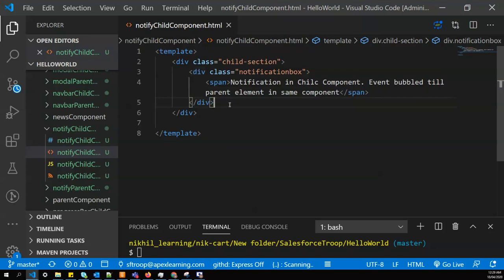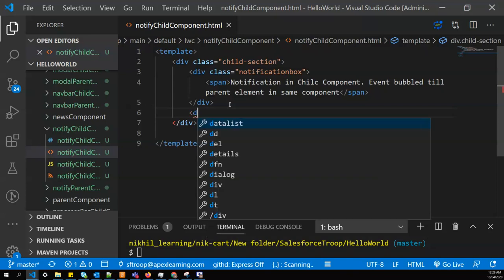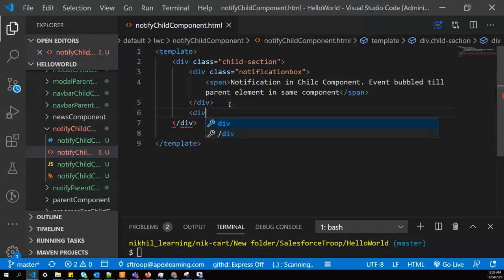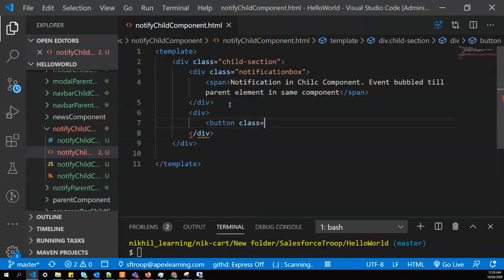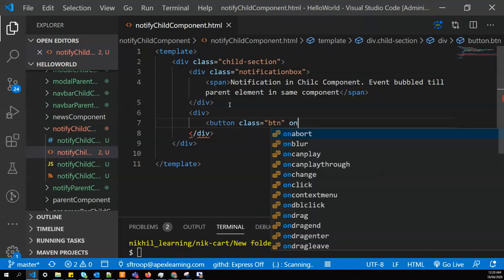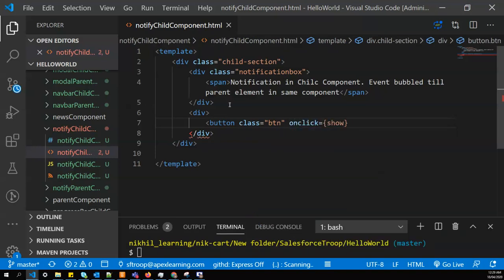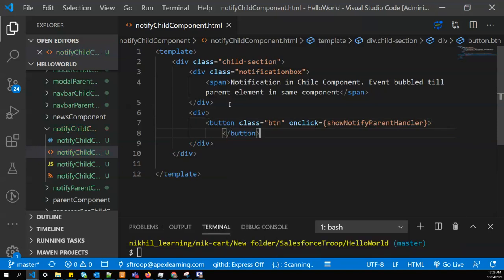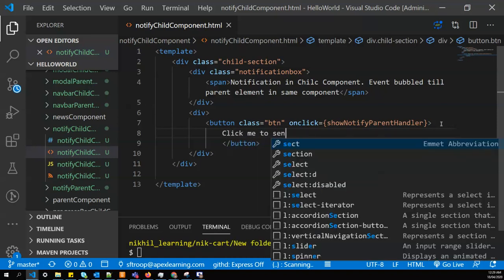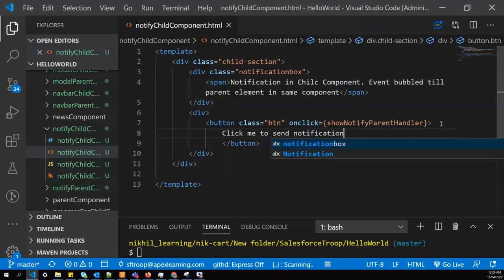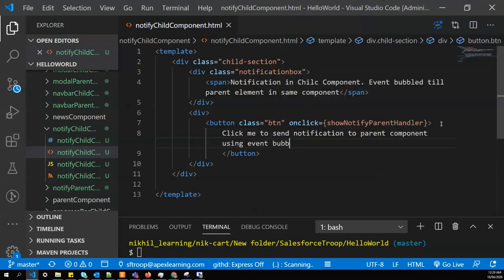below this we'll create one event handler with a button, class button, and the event handler name on click show notify parent handler, and we'll give the text: click me to send notification to parent component using event bubbling.